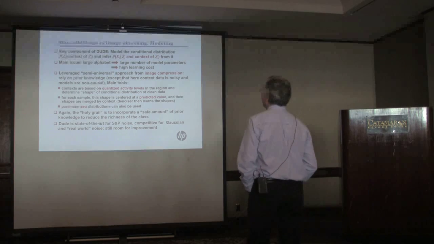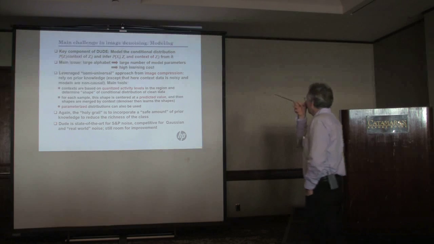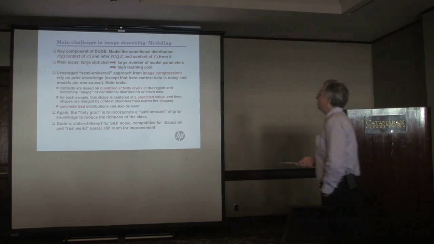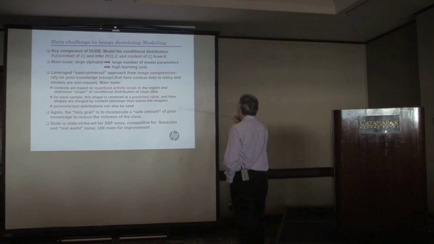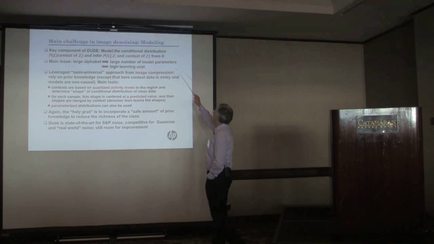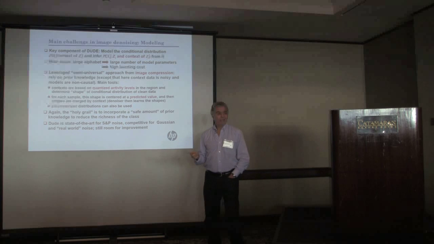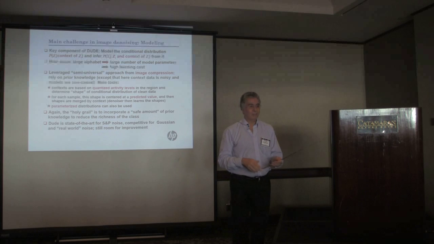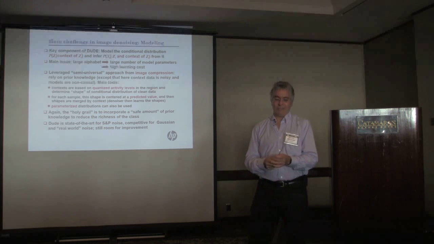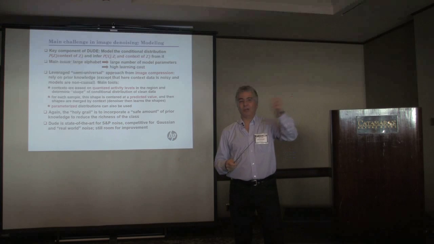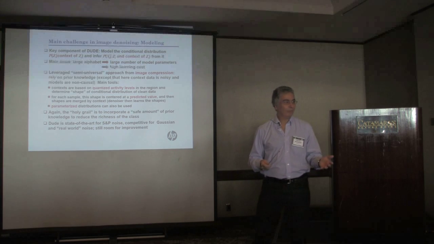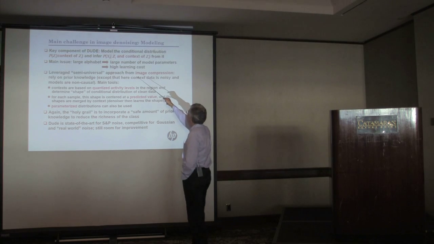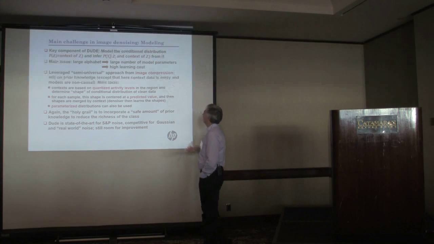Now, what are the main challenges in doing image denoising? Well, it's again the same thing as in data compression, a modeling problem. Why? Because, as I said, the main component of DUDE is that we want to model the conditional distribution of a pixel given its context. But we have limited data. We want to model that distribution, but we don't have too much data. And if we take large contexts, then they appear a few times, so we cannot model the data. And we want to infer from that distribution the probability of xi given zi and given the context.